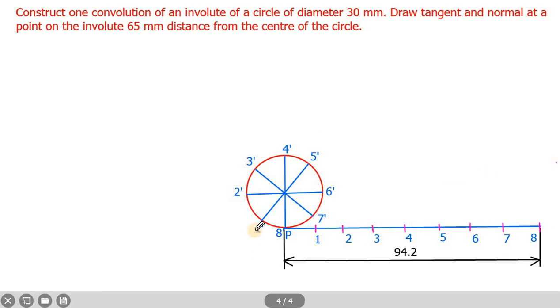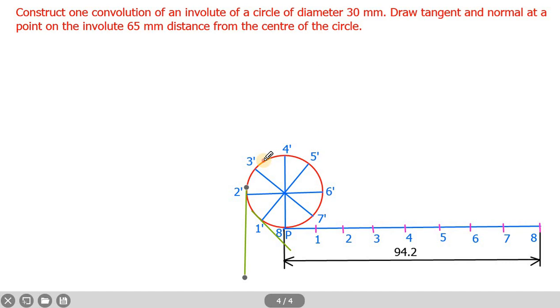Then listen carefully. From 1 dash draw a tangent line. A tangent line should be drawn crossing 1 dash. Just see what I am doing. Through 1 dash draw a tangent line. This line should be exactly tangent. The length can be some particular length. Later we will decide the length. Similarly, through 2 dash, draw one tangent line of particular length. This should be a tangent line.